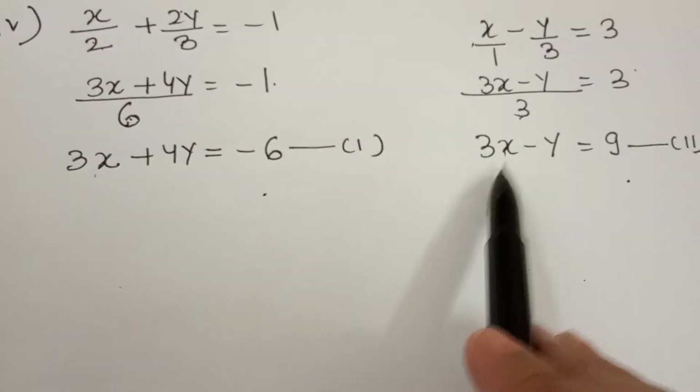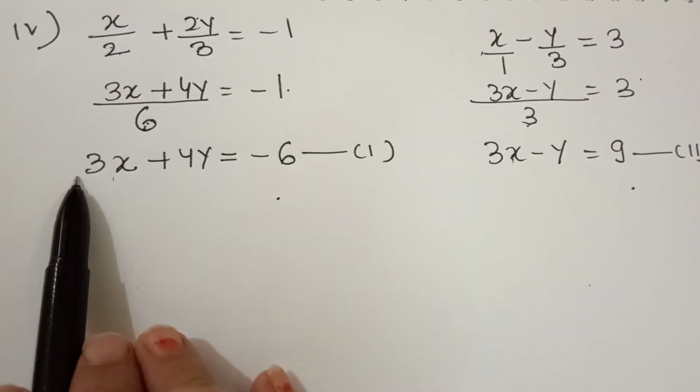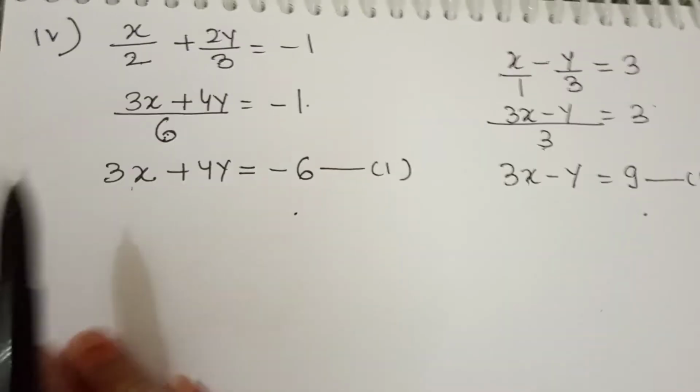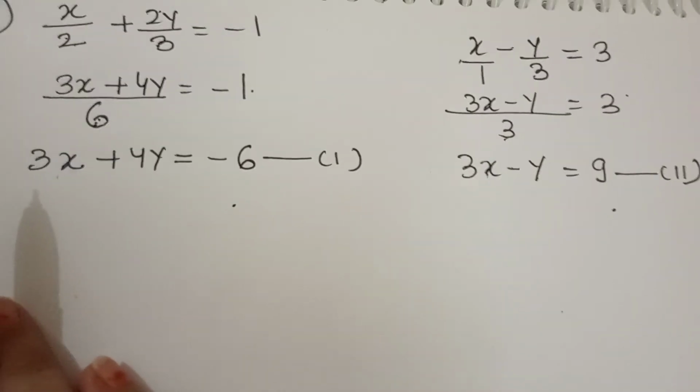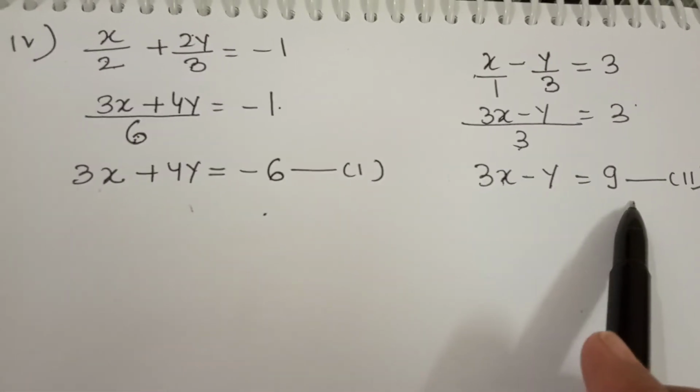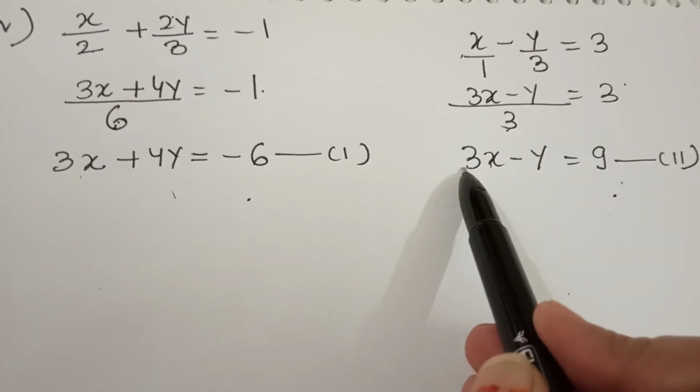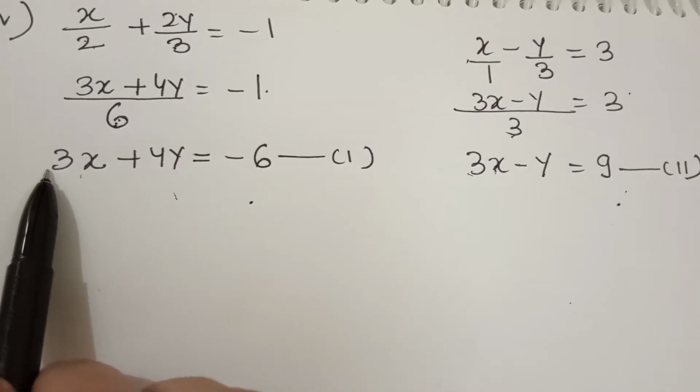Why? Because you can see here, the x term in both the equations is same, 3x 3x, तो जरूरत ही नहीं है. Now think whether we need to add these equations or subtract. So this is positive, this is positive, both are of same sign. मैं लिख देती हूँ यहाँ पे,